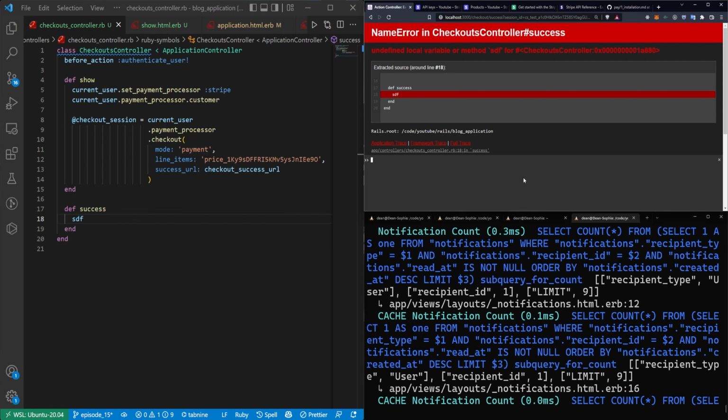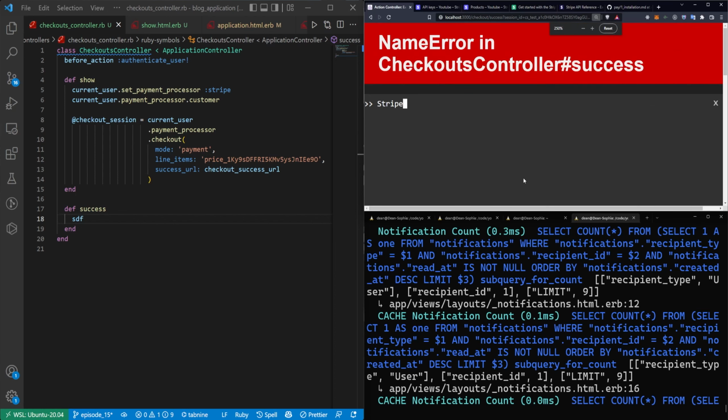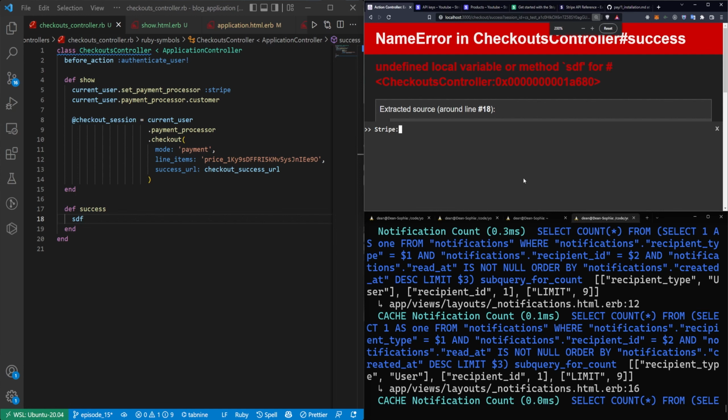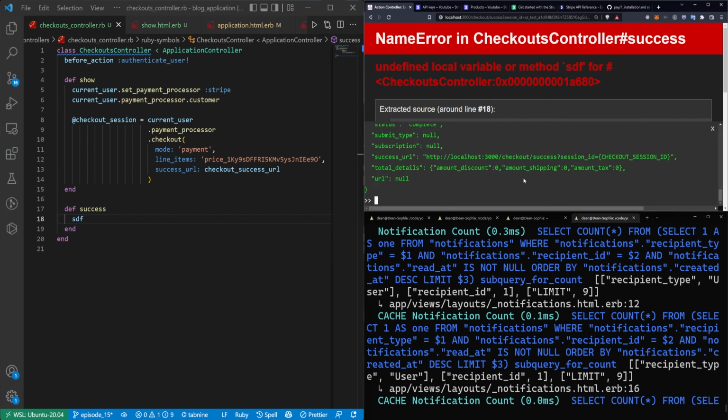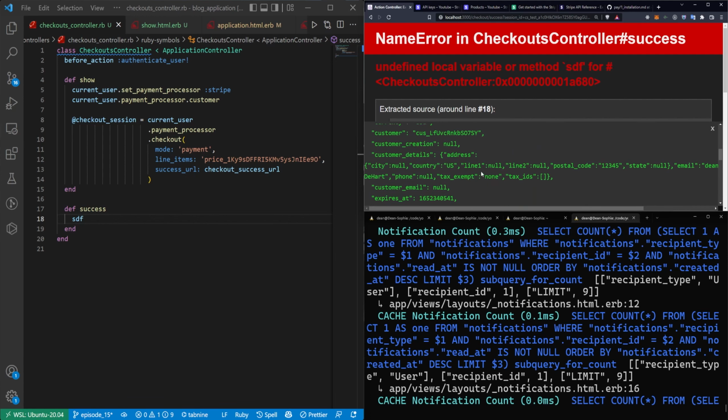So what I came up with was you can call Stripe::Checkout::Session.retrieve, and in here, you can pass in the params of the session_id. And that's going to give you most of the session here in an API response,